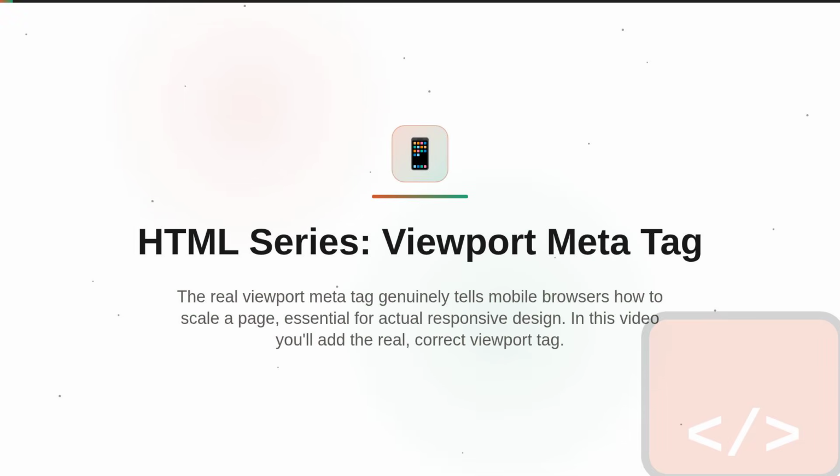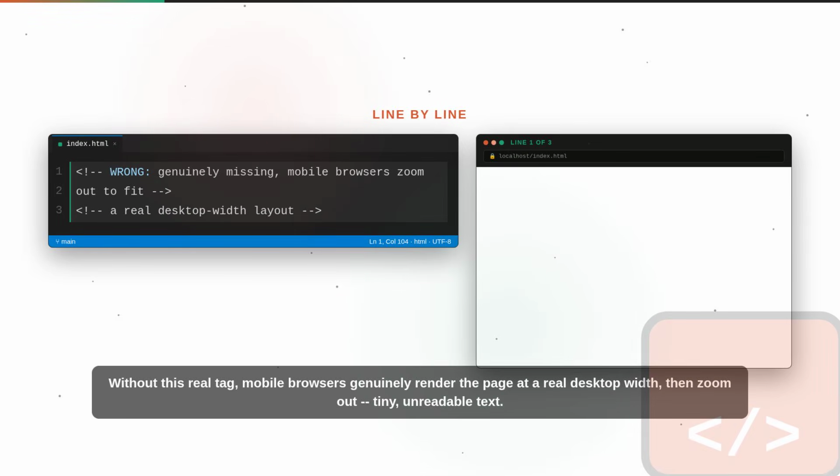The viewport meta tag tells mobile browsers how to scale a page, essential for responsive design. In this video you'll add the correct viewport tag. Without this tag, mobile browsers render the page at a desktop width, then zoom out to tiny, unreadable